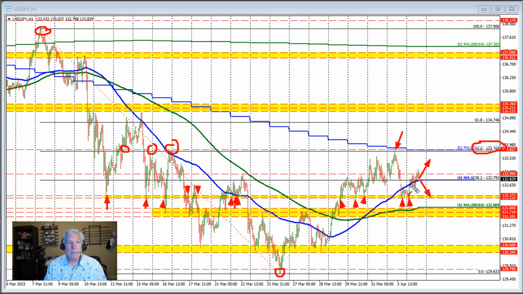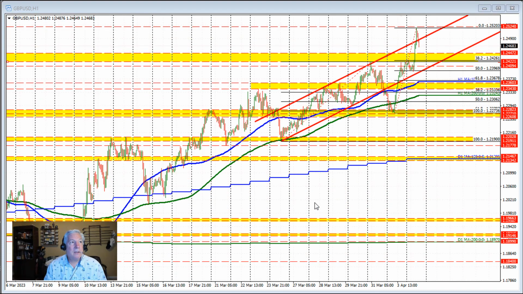So that's what I'm looking for in the dollar versus yen. Next, let's take a look at the sterling versus US dollar on the hourly chart, and similar to what we saw in the other analysis on the yen and the euro, we did find some support yesterday near this lower swing area, and a number of different times the market came down to that area, and the market rotated back to the upside,